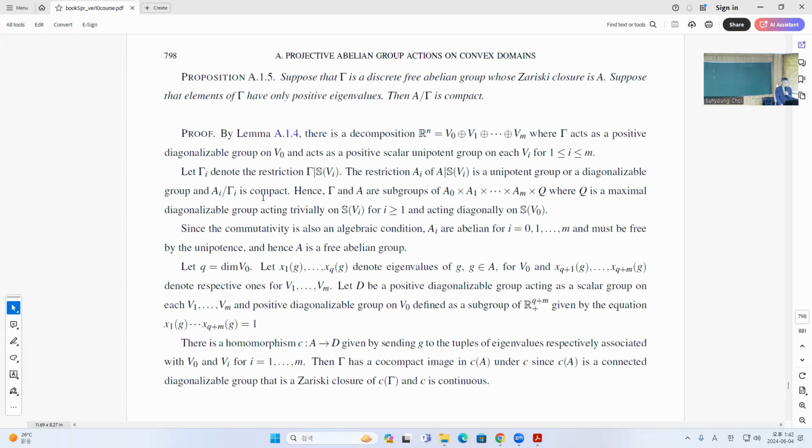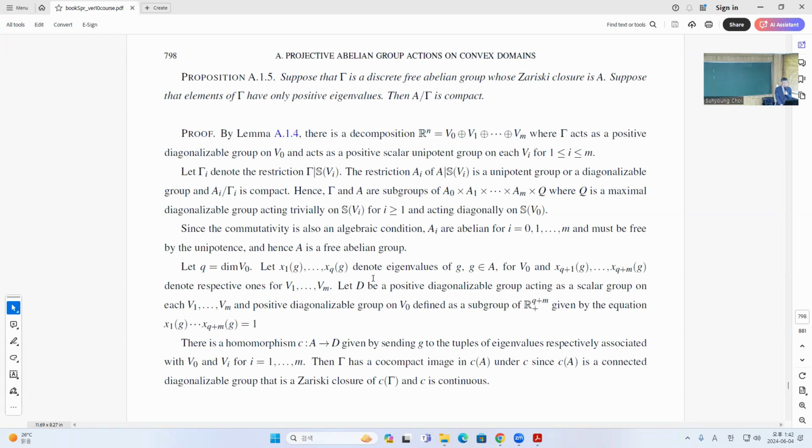Okay, and right. So AI should be the connected Zariski closure group. Okay. So then this gamma and AI will be some subgroup of this product group times Q. So Q is a diagonalizable group acting trivially on this, acting diagonally on here. Also, I can say it's also trivial here, but since AI is abelian, it must be free by unipotent. So A is again a free abelian group, and